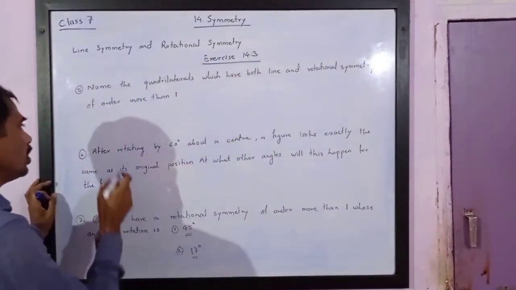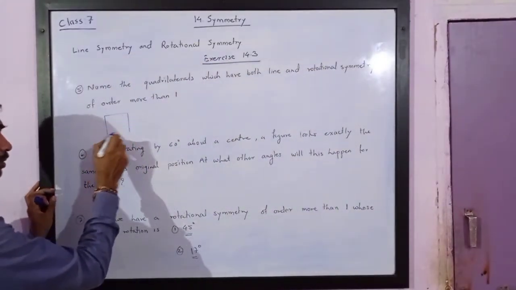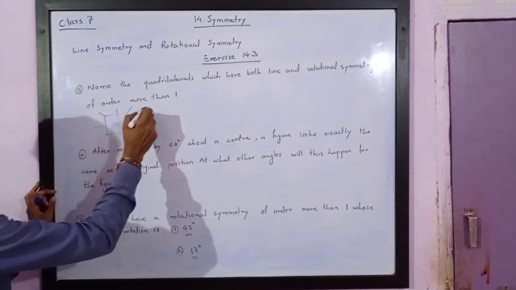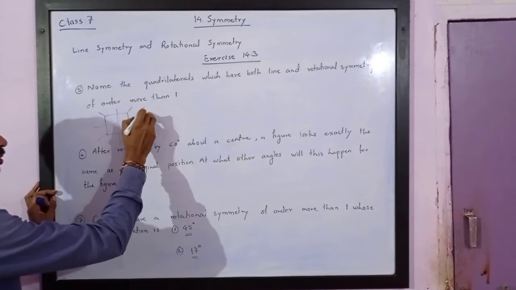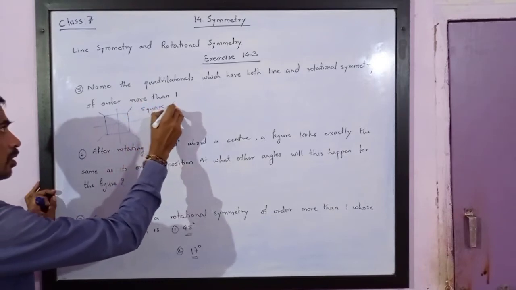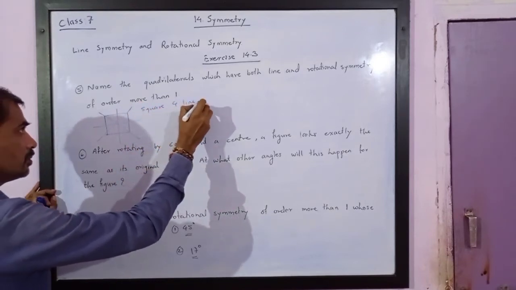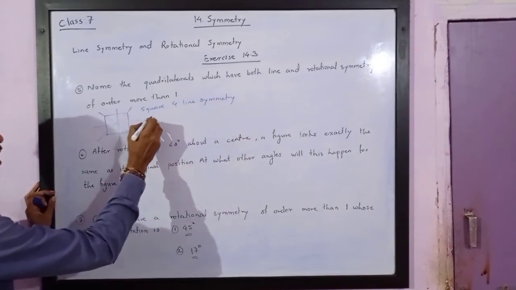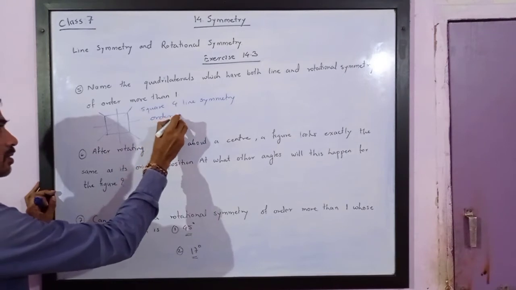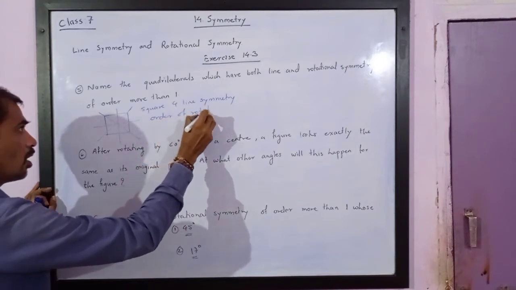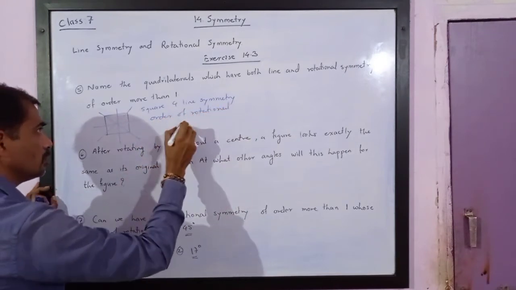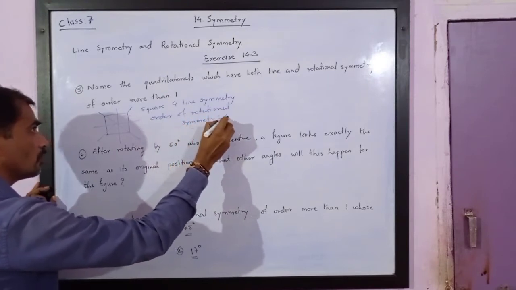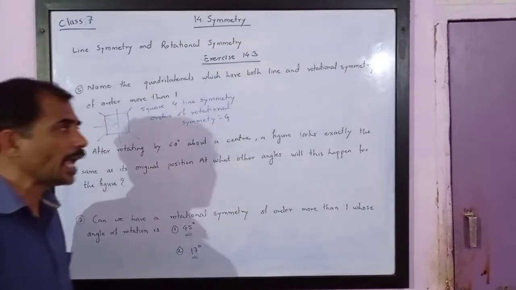Now, please see, if you take a square, it has 4 line symmetry, and the order of rotational symmetry is also 4. Now if you take a rectangle,